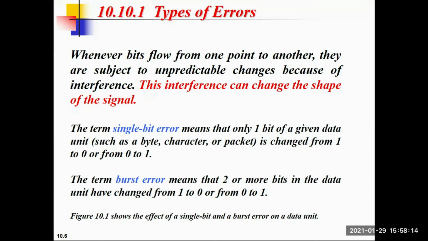So if I talk about single bit error due to that interference, single bit error means if you are sending one bit, that bit can be 0 or 1. So after error, 1 can be changed to 0 and 0 can be changed to 1. But if I talk about burst error, that means two or more than two bits are basically changed due to that interference. Changing means if it is 1, it will convert into 0. If it is 0, it will convert into 1.